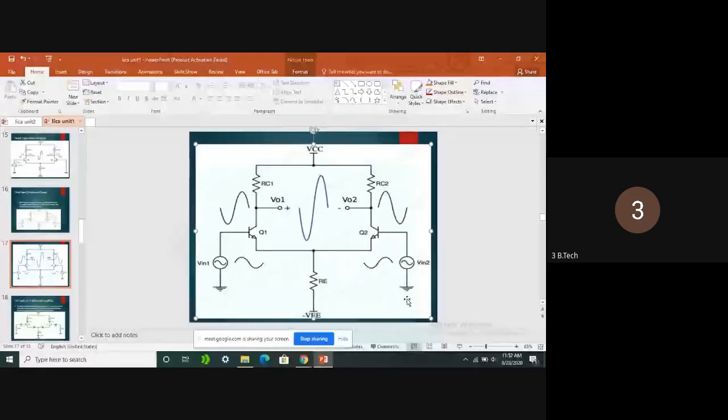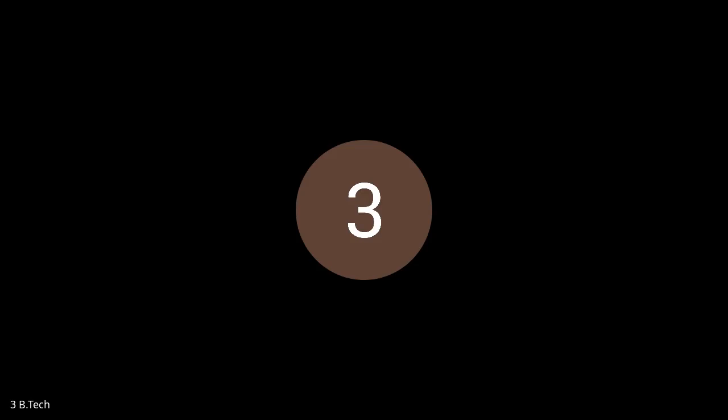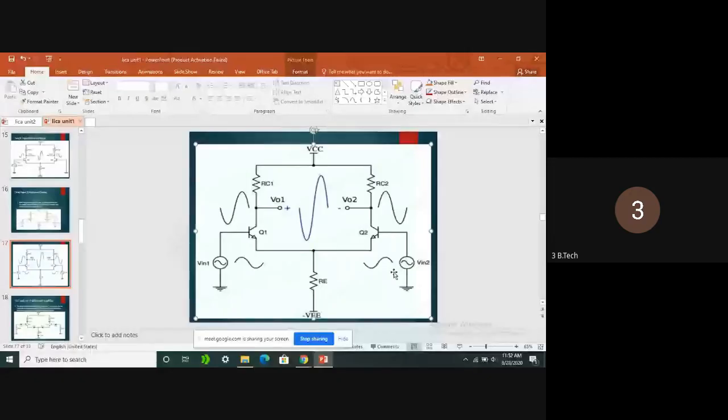Here the input given is Vin2, and here the input given to the first transistor is Vin1. Is that clear to all of you? The output can be taken from the collector of Q1 and the collector of Q2. If the output is the sum of the two input signals, here Vin1 and Vin2,